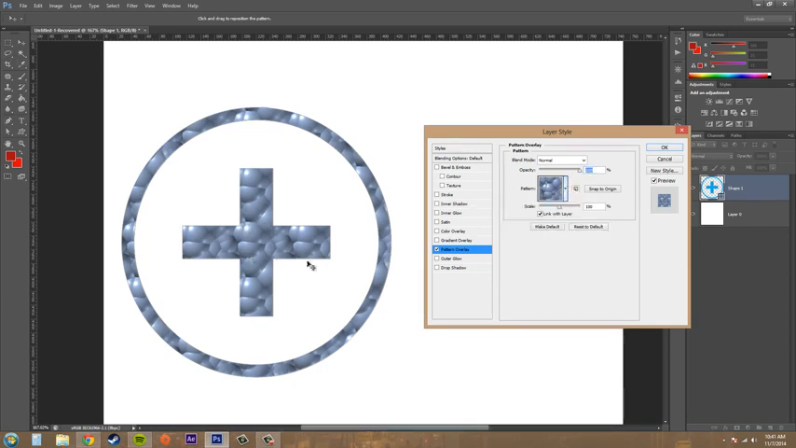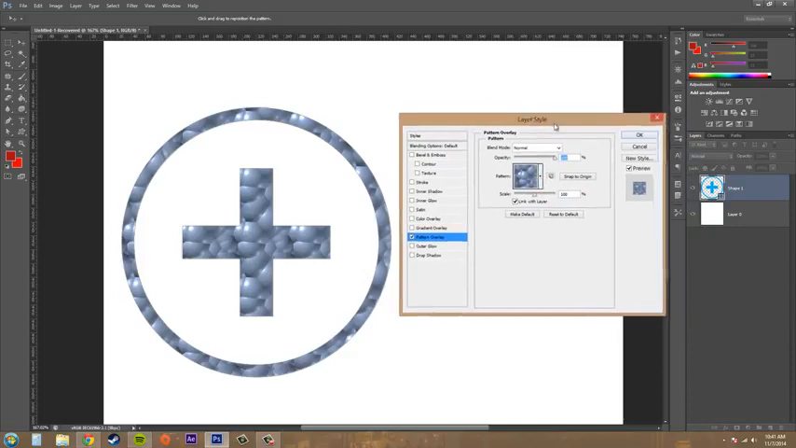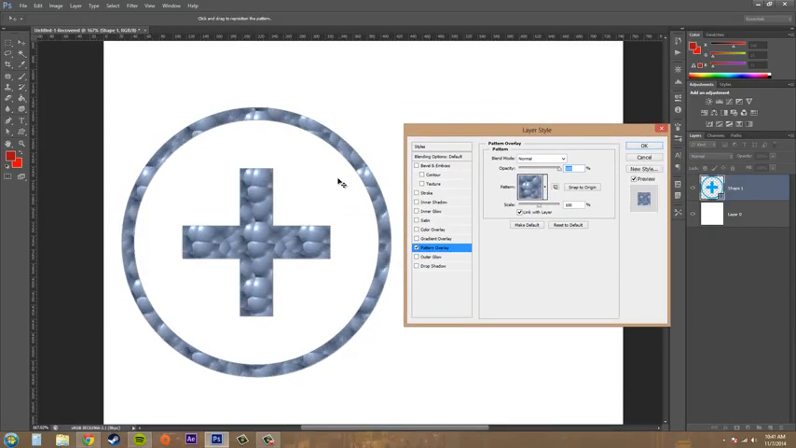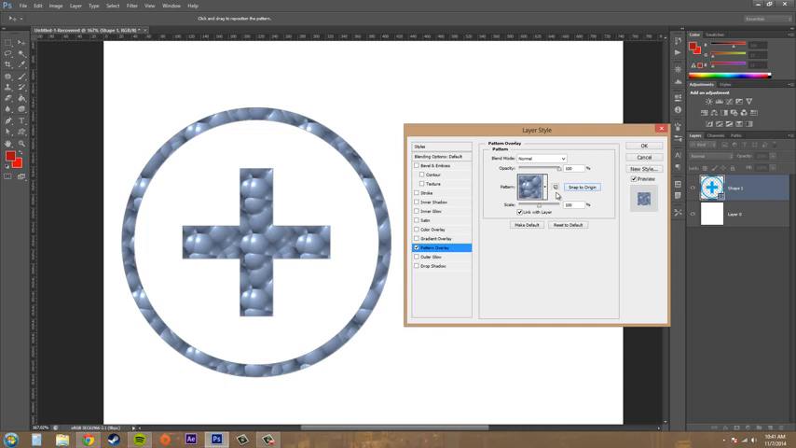Something cool is when you have your layer style up here, you can move your pattern around by just clicking and dragging, and then if you need to get it back, you can click on snap to origin, and that will bring it back to the center. And then the next thing that we want to do is check out the blending modes, and we